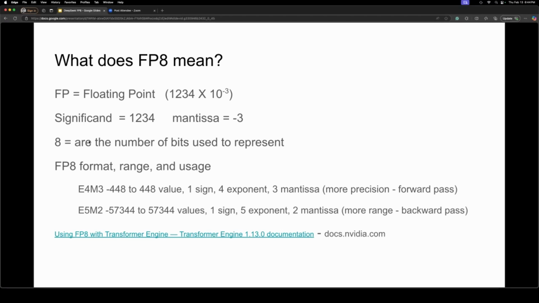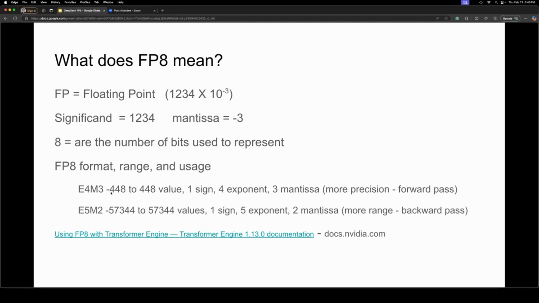Typically, we use 8 bits to represent that, and that's one of the reasons we want to do this, because fewer bits means less stuff to push around and we can move faster. There are FP8 formats in use. There's two. There's one they call E4M3, which has 3 in the mantissa. The M is mantissa. And that can represent values from,